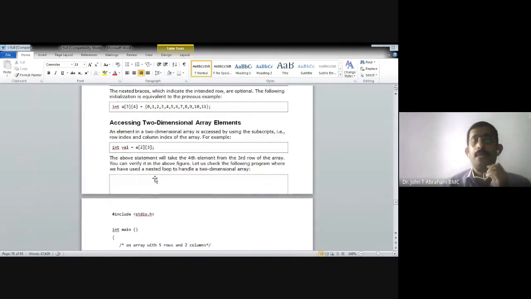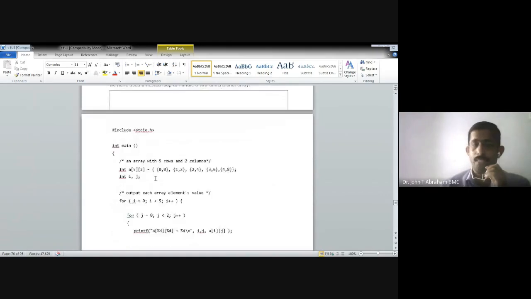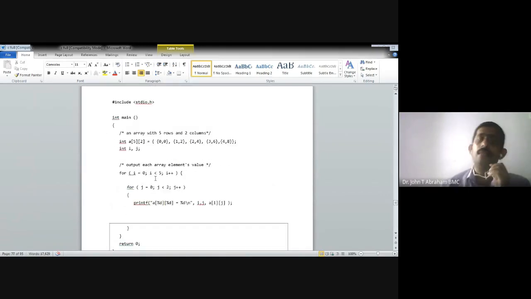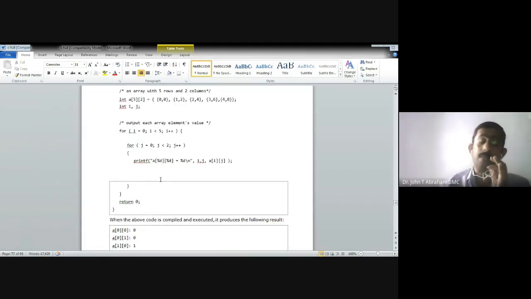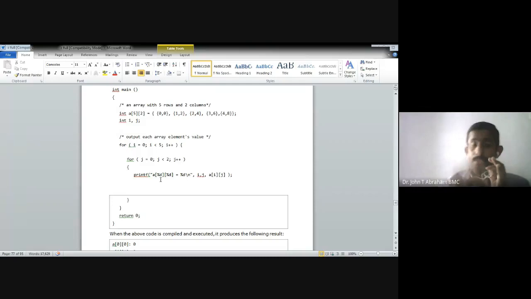How do we access the two-dimensional array? Similar to how we access the single dimensional array, by using the for loop, but multiple times. Not loops within arrays, but loops within loops: one for loop inside another.